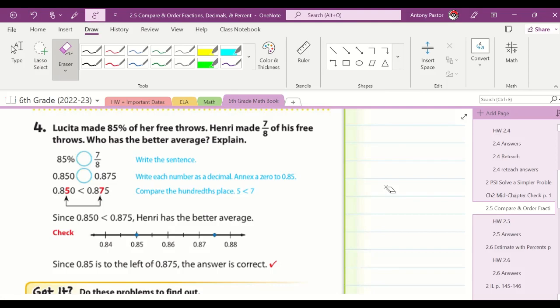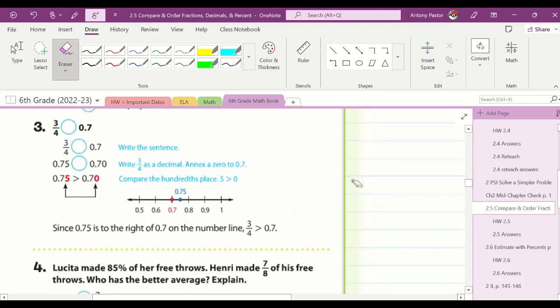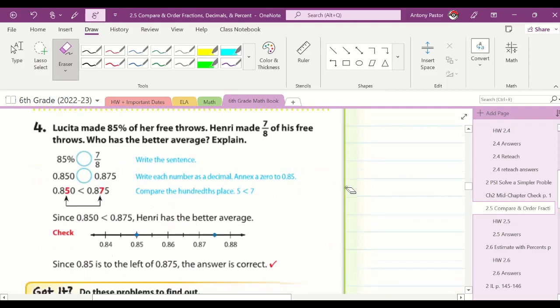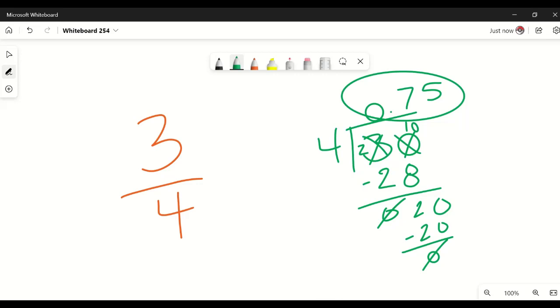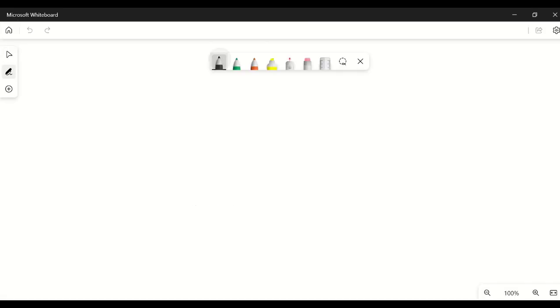decimal. You can turn a decimal into a fraction if you'd like. Again, you're going to need to have both fractions have the same denominator to compare them. It's just easier to turn a fraction into a decimal and then compare, or turn both numbers into decimals and compare in this case. This one's going to be a lot easier if we turn both into decimals. So 85% compared to, we'll do a new page. 85% is being compared to